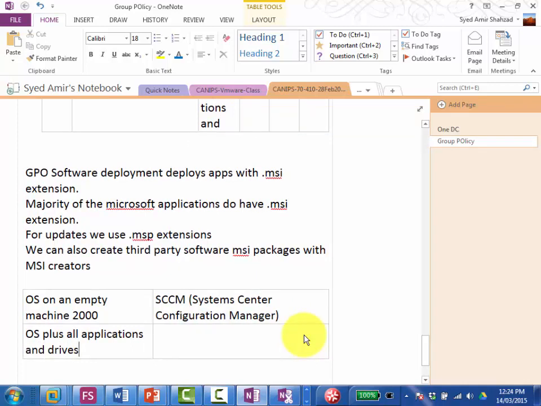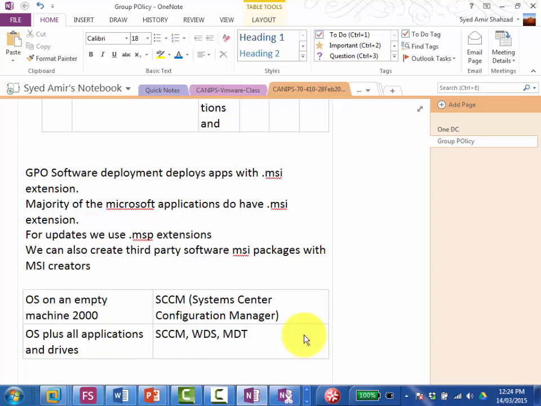That's a complete package. You have 1000 empty machines, and you are given the task of deploying Windows 8 on all with drivers and applications, MS Office, Adobe Acrobat, Google Chrome, etc. You can deploy it with SCCM, with WDS, with MDT,